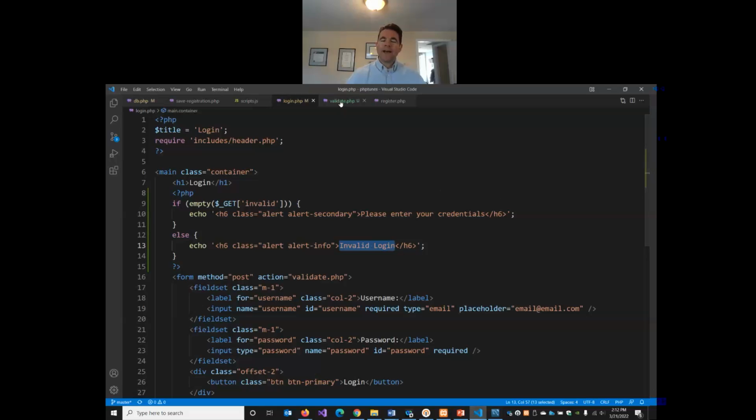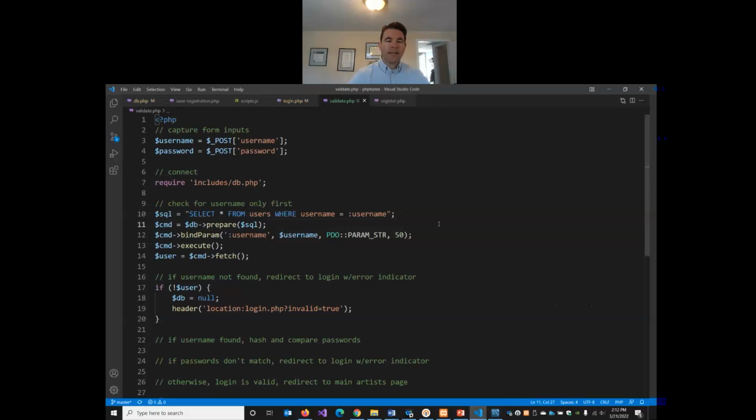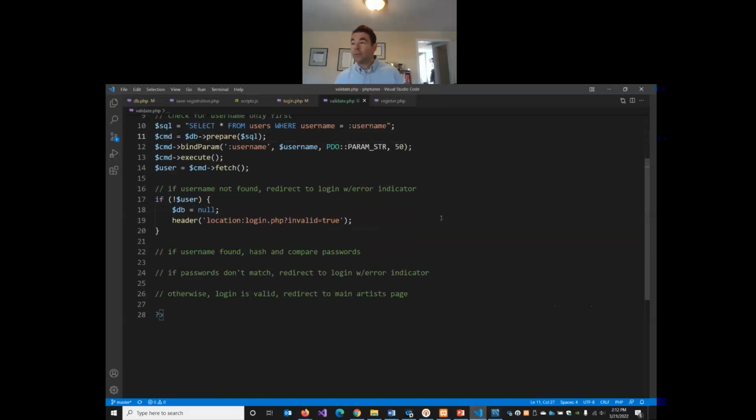Now we can go back to validate. I think we're done with the changes on login. We can go back to validate, and now we need to fill out the rest of the code. So we've really just simulated what happens when the username is not found. So that's our first scenario. Our second scenario here,